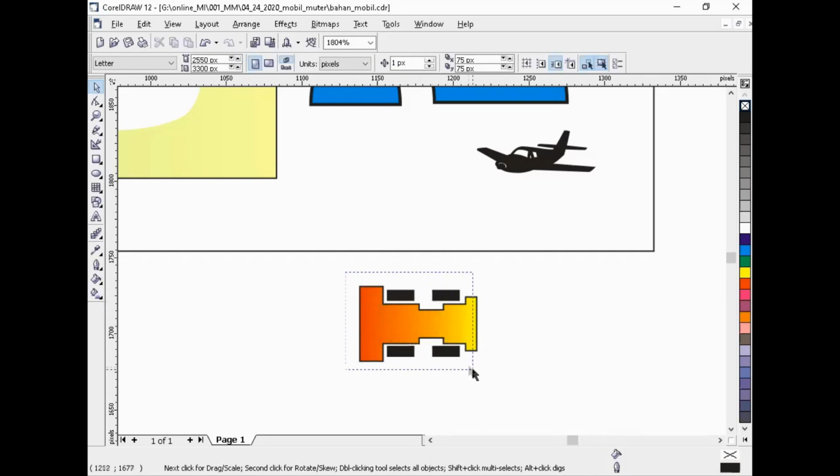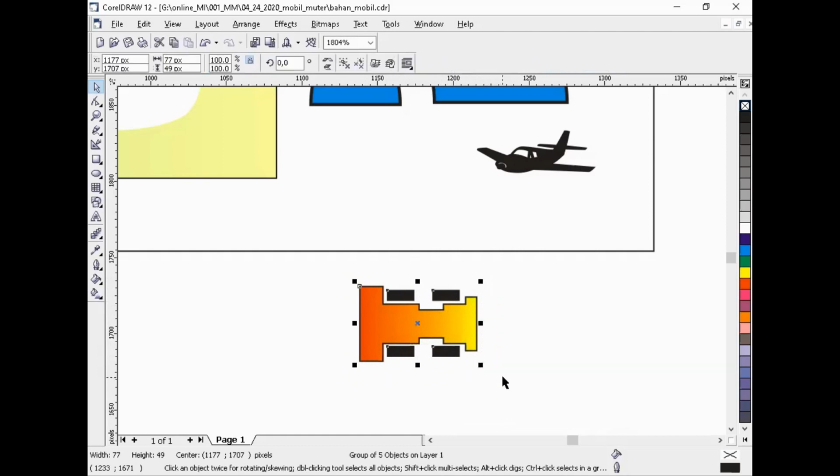If we select this object, we will find these points are vertices, nodes of vertex, 1 2 3 4 5 6 7, maybe 8 nodes. Here we call the center point.